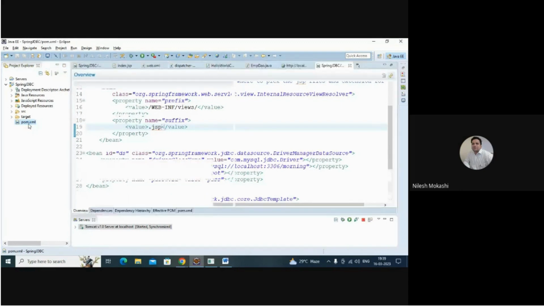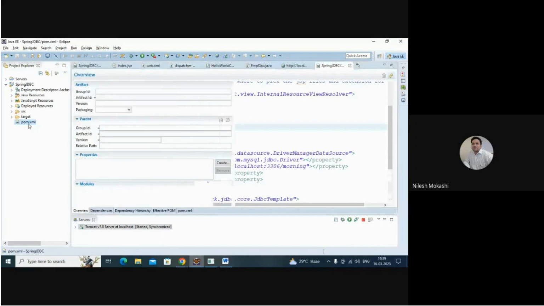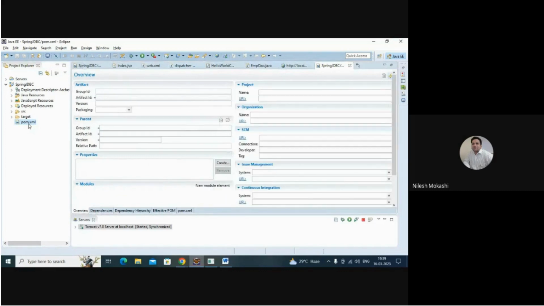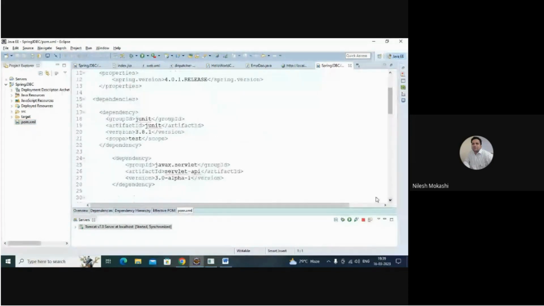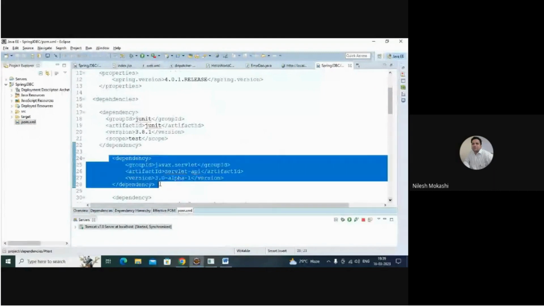This particular pom.xml has something inside that XML file, and that is called dependencies. Okay, so let me show you the dependencies. Here we can see the dependencies. This is how we write a dependency. Now, to retrieve these dependencies,